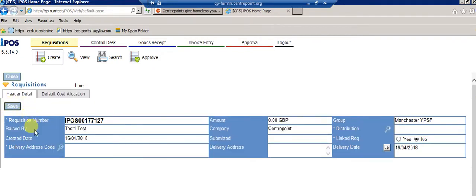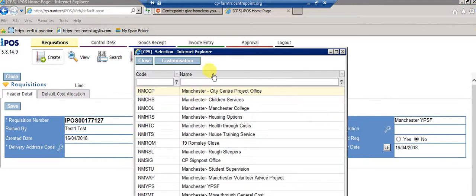and clicking on edit will basically show the same form, but in addition it's got these magnifying glasses, and there's another one here. So basically the word distribution means that we're telling iPos where the money for the item that we're ordering comes from, which budget it comes from. So click on the magnifying glass,